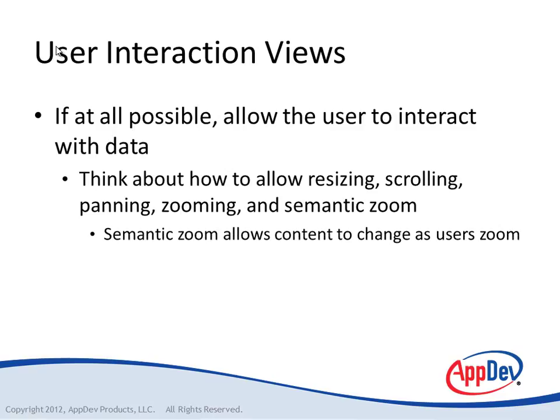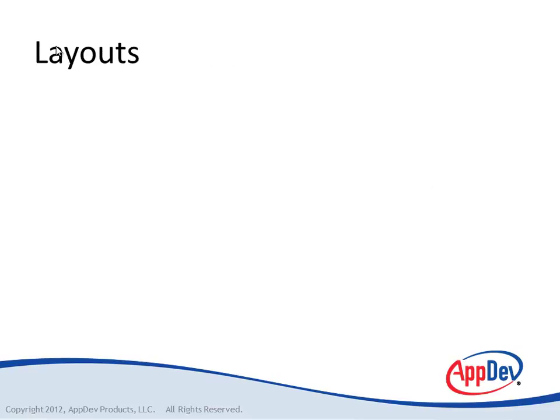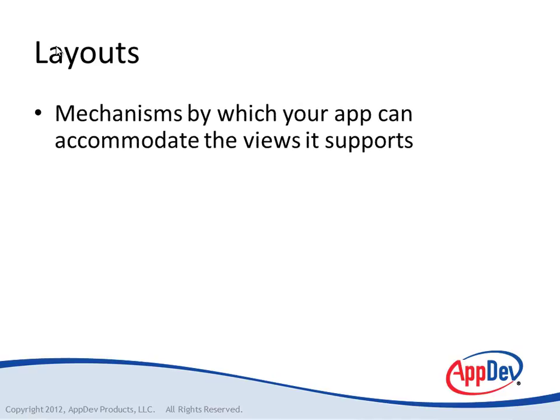And remember that semantic zoom allows the content to change as the users zoom. It's not just a physical zoom in on the pixels, it is giving a content-based zoom based on levels of hierarchy of your data. On each view, you'll need to take into account layouts. Layouts are mechanisms by which your app can accommodate the views it supports. For example,